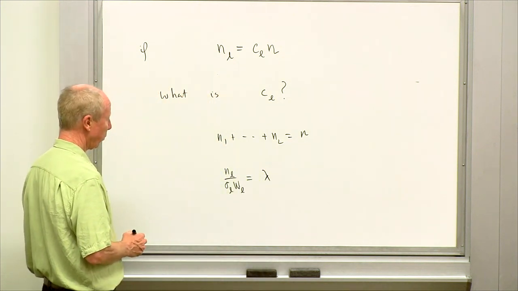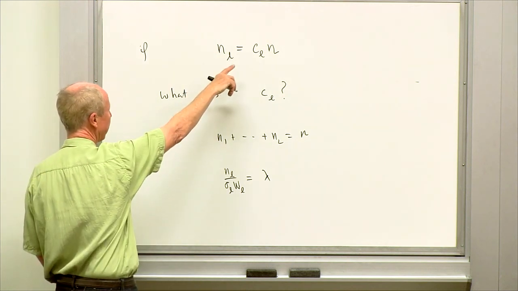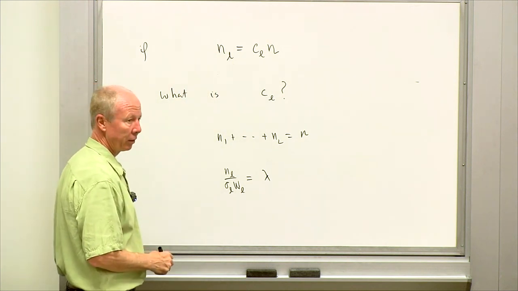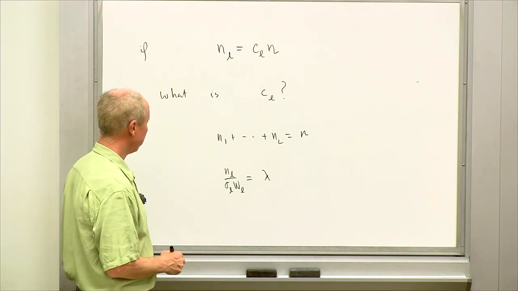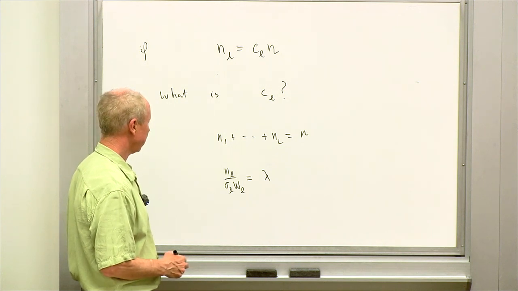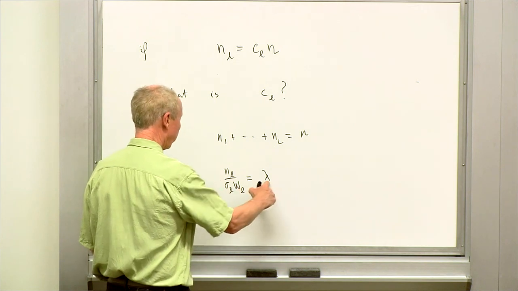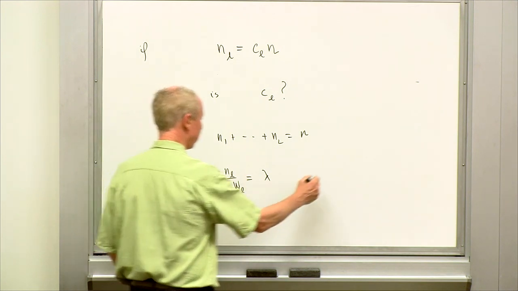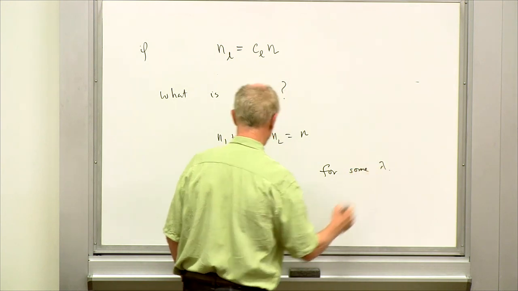Can we tell what, if we solve for C, if we can find CL, then we know what the N sub L should be. Okay, well, let's multiply. So we know that there's some number lambda so that